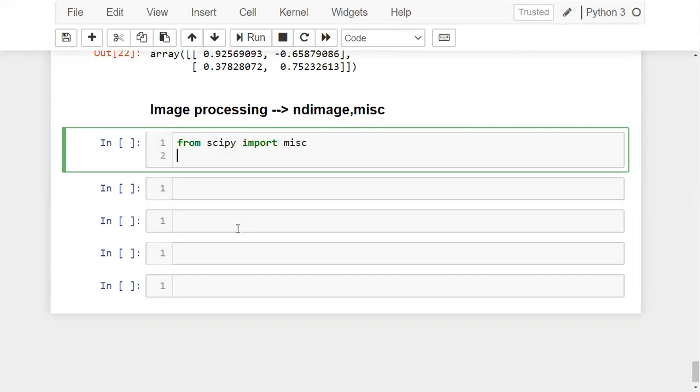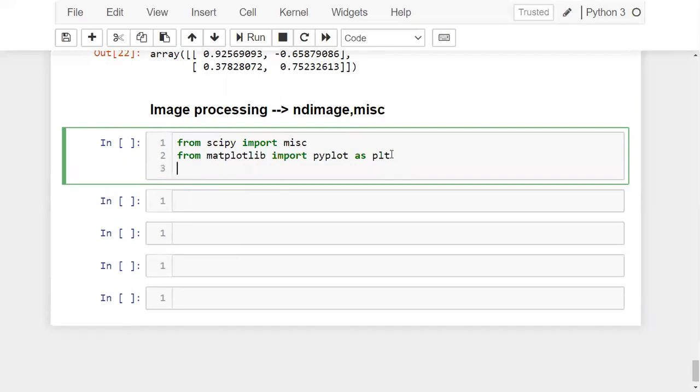Okay, and I want to view that image on the screen, so you need to import matplotlib. From matplotlib import pyplot as plt. Else you can write import matplotlib.pyplot as plt. You can write any of these ways.